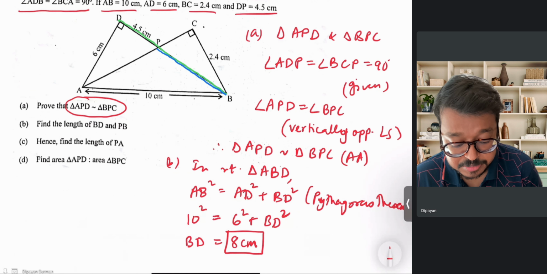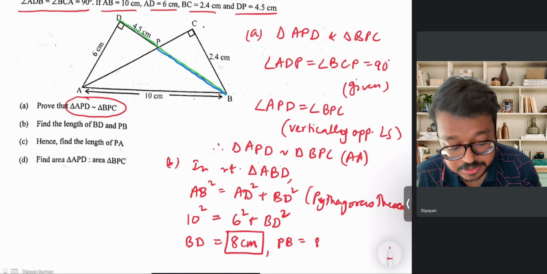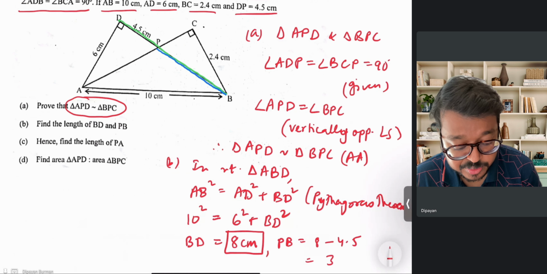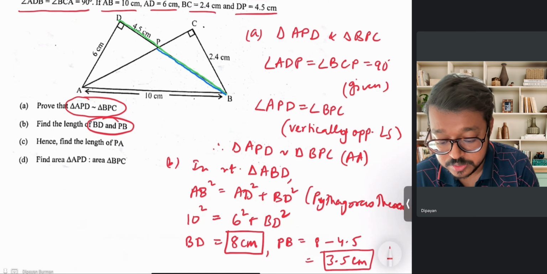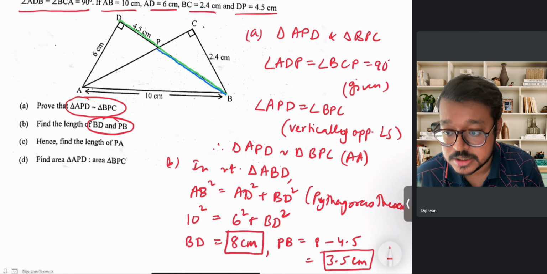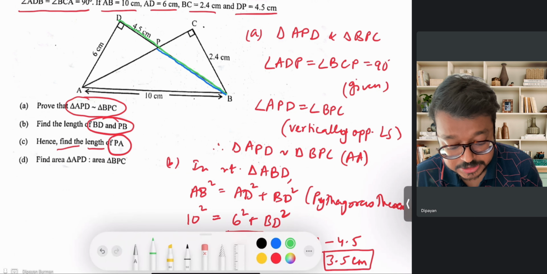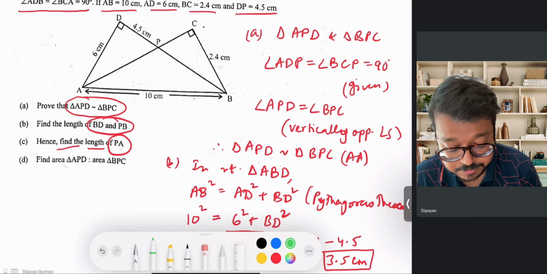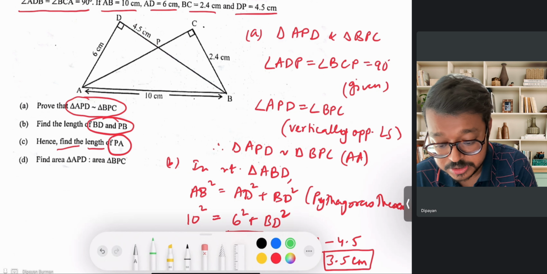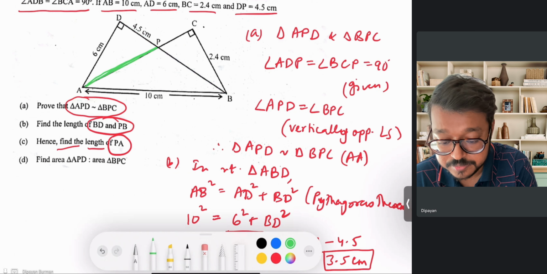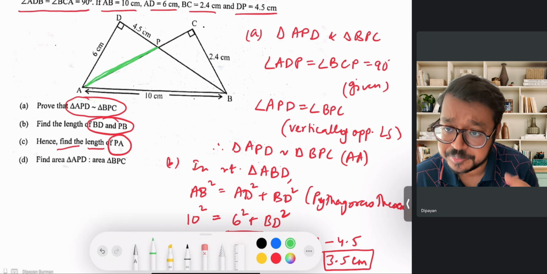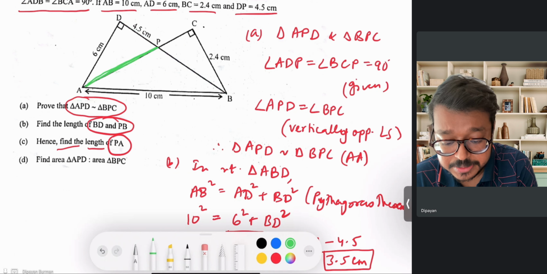Alright, so if BD is 8 centimeter, then the length of PB will be BD minus PD, which is 4.5. So that will be 3.5 centimeter. Alright, so we have found out these two lengths. Then the next sub part is asking to find the length of PA. So the issue will happen in this part where they're asking me to find what is the length of PA. So given that BD is 8 centimeter and BP is 3.5 centimeter,